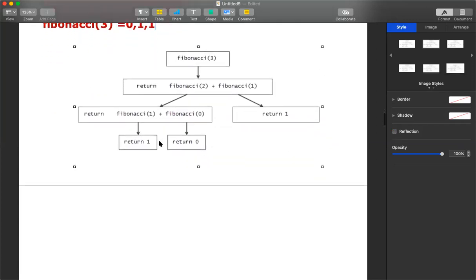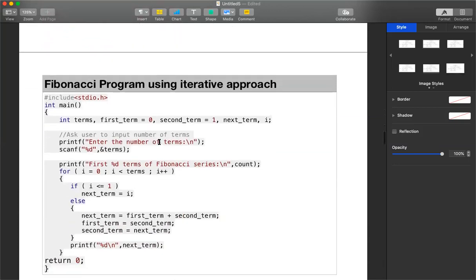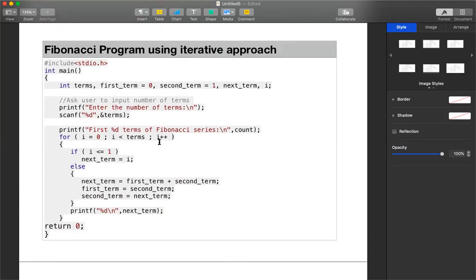Okay, so now let us go back to the iterative approach first. So let us solve this particular program using the iterative approach. As I was discussing about recursion's iterative approach, I clearly told you that the iterative approach is nothing but, if we use loops to solve the problem, then we call that approach the iterative approach.